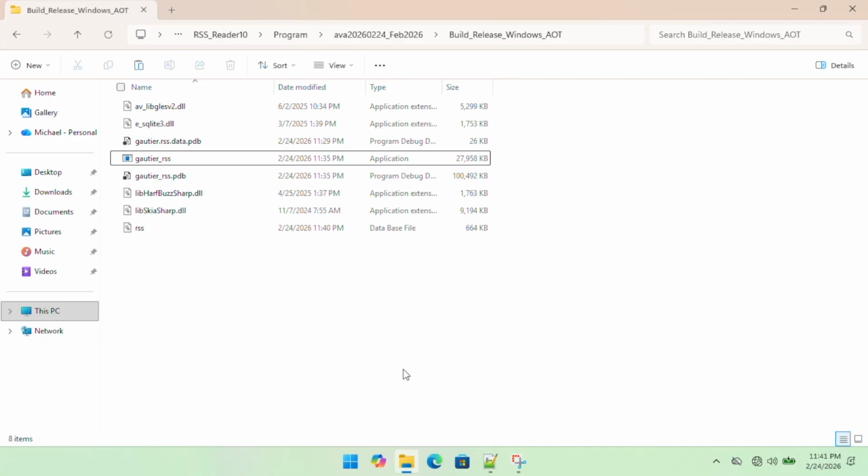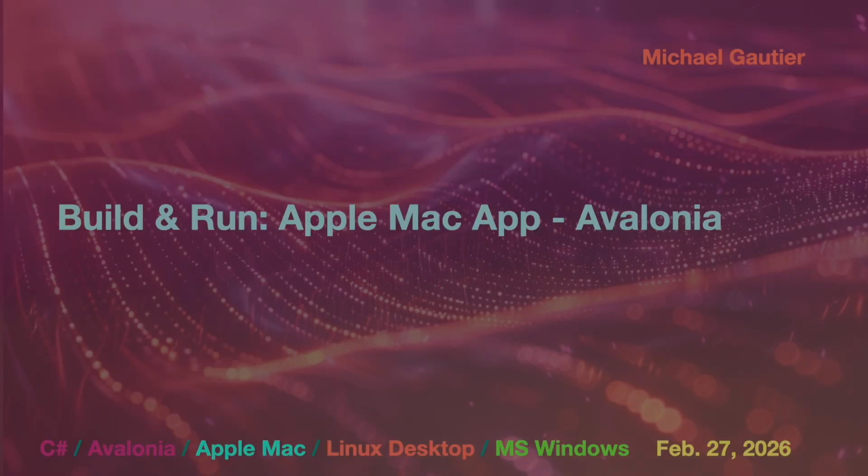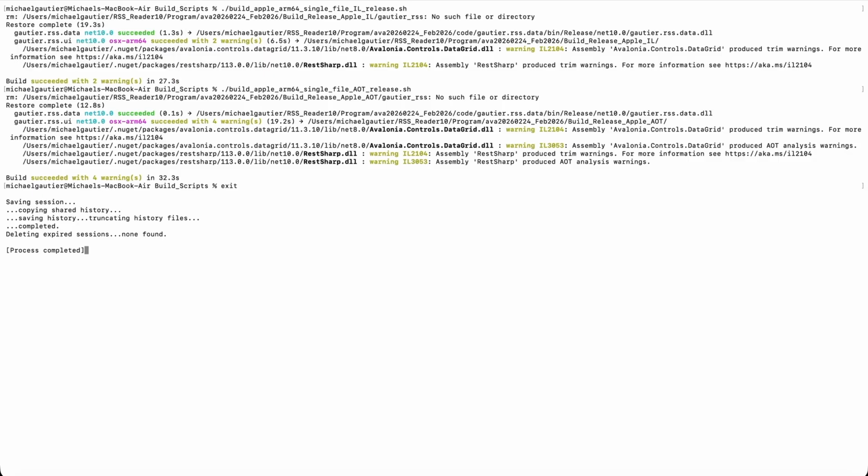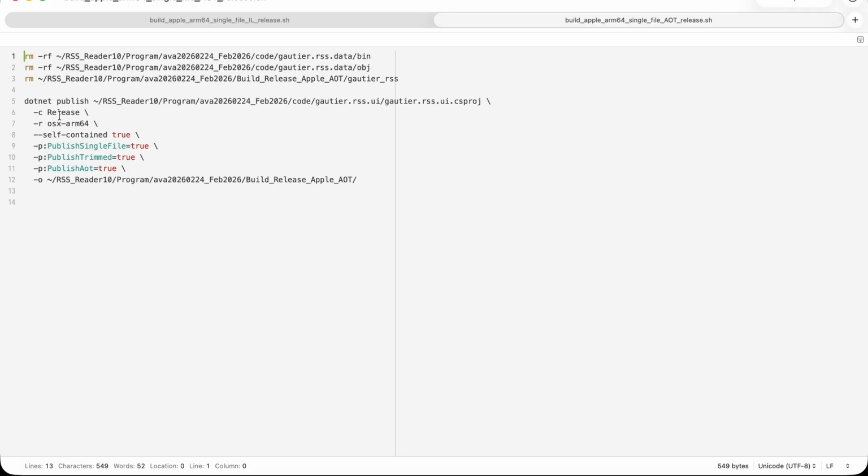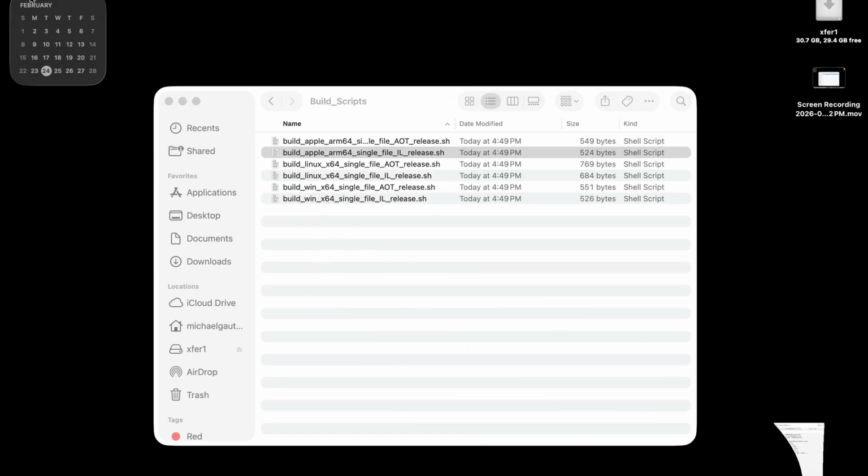And with this, I now have the ability to build Windows applications in a way that is far more flexible, and I have much greater range in how I can apply this software, to include running it on a Mac. So I'm able to take the same process that I used to build it for Windows and run the build script on a Mac, and I'm able to obtain, for the first time in my life,